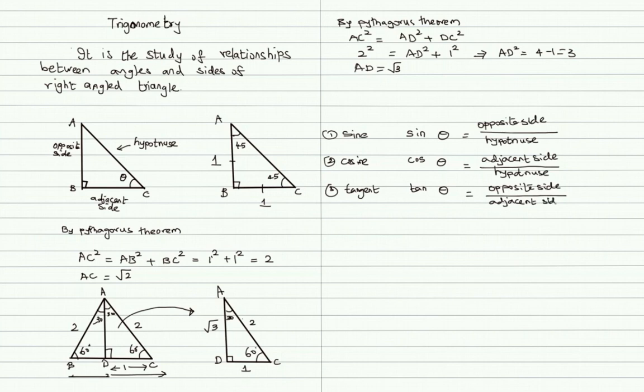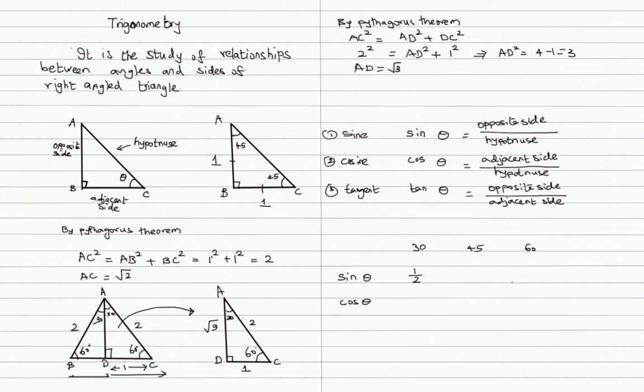Now let us find what the values for sin theta, cos theta and tan theta are for some of the common angles like 30 degree, 45 degree and 60 degree using the triangles that we have already drawn. The value of sin theta and cos theta for 30, 45 and 60. Let us draw a table. For sin theta, let's consider triangle ADC. So angle A is 30 degree and the opposite side is DC, hypotenuse is 2 and adjacent side is root 3. Sin theta is opposite side by hypotenuse, opposite side is 1, hypotenuse is 2.